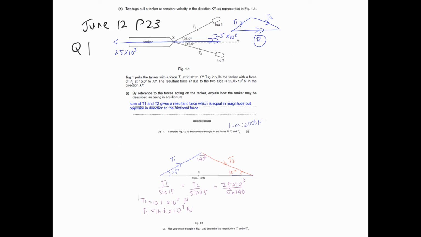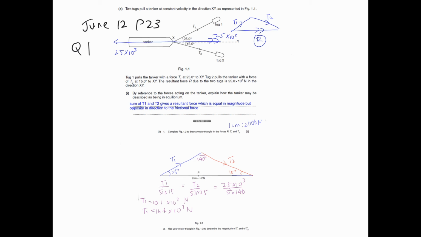So according to Newton's first law, it will be in equilibrium. So how can it be in equilibrium since the two forces here, T1, T2, give me a resultant of 25 times 10 to the power 3 newtons? Now, first of all, you need to understand that this T1, T2 gives me a resultant of 25 times